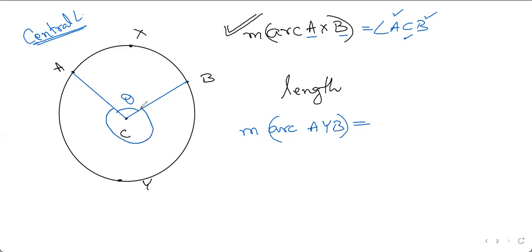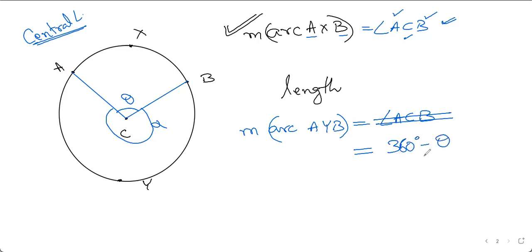Now this angle here, maybe if we call it, say, alpha. This angle is the measure of this arc. Angle ACB is the same angle, right? But if we write it like this, now it is confusing. We wrote ACB here, and we wrote ACB here too. And that is why we don't write it like this. We will say the measure of arc AYB is 360 degree minus theta.